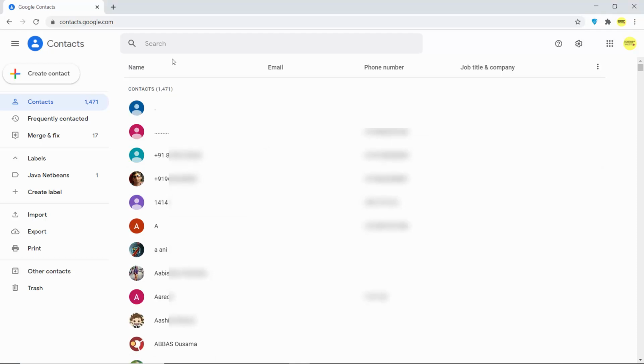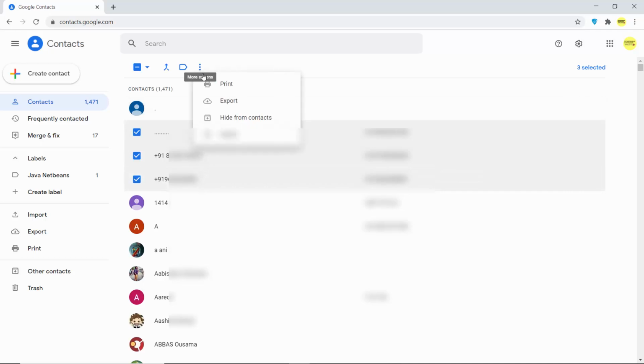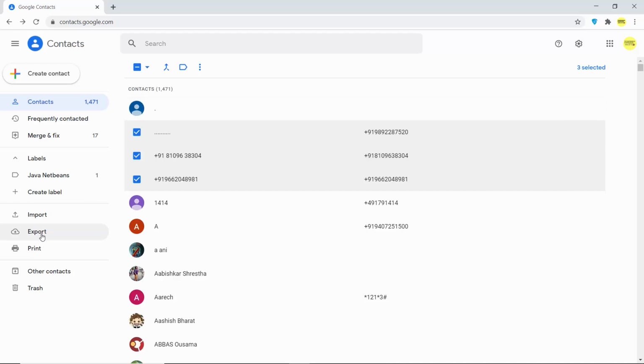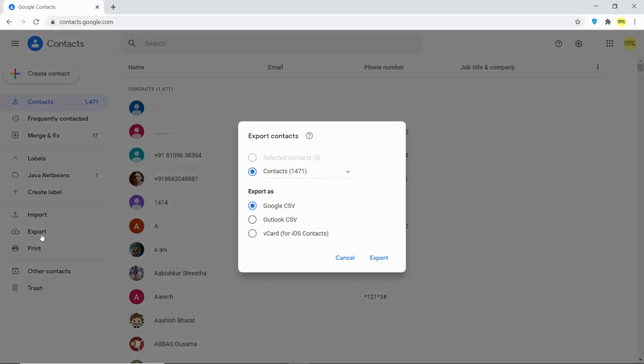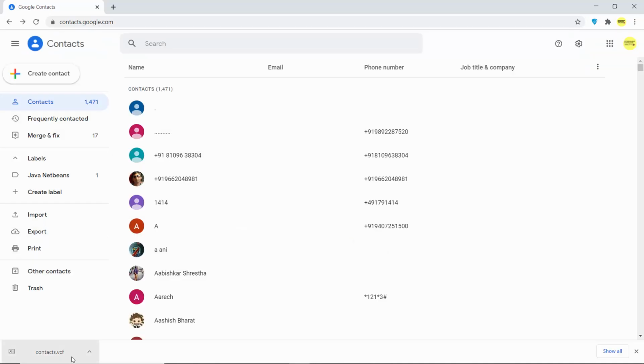So here you will get two options. If you just need to export some of the contacts from here, you can select them manually like this, and then click on these three dots and then click on the export option. If you want to transfer all of your contacts, then you can just click on the export option. So unselect everything and then click on export, and then just choose this option here, which is vCard, which is for iOS contacts, right? So just select this and then click on the export button, which is going to download this